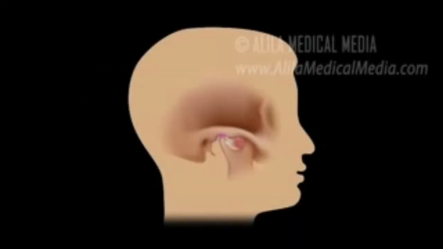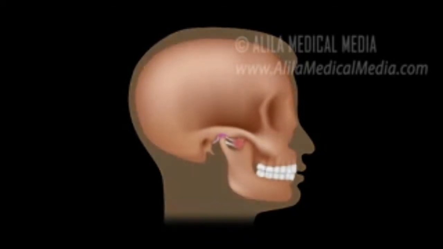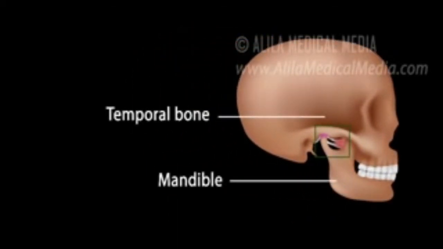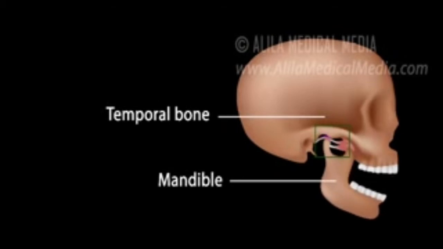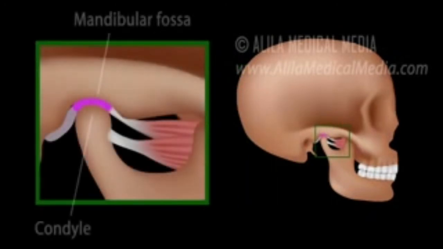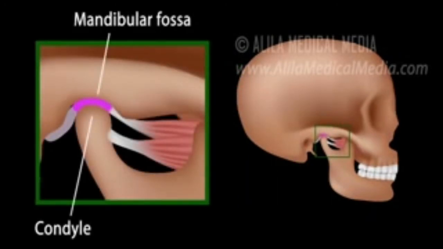The temporomandibular joint, the TMJ, is the joint between the lower jawbone, the mandible, and the temporal bone of the skull. The TMJ is responsible for jaw movement and is the most used joint in the body. The TMJ is essentially the articulation between the condyle of the mandible and the mandibular fossa, a socket in the